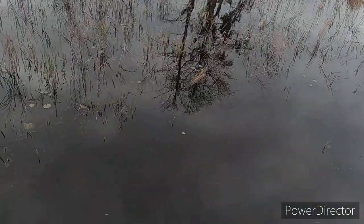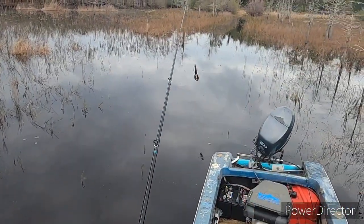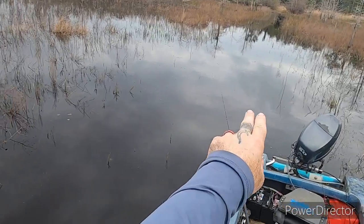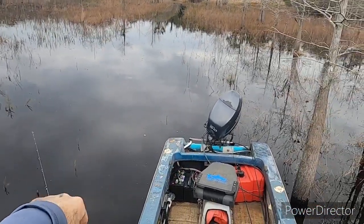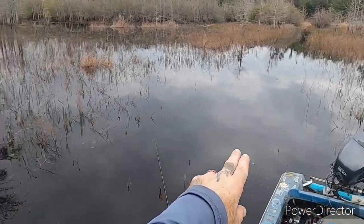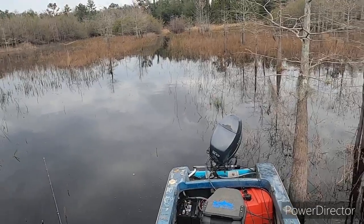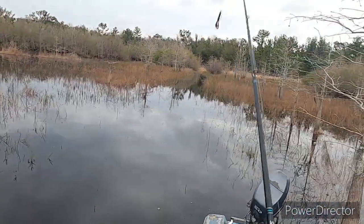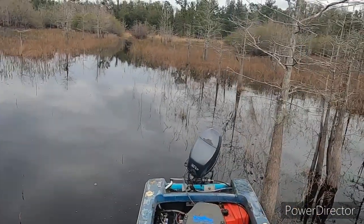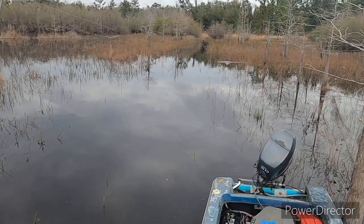All right. Well, if you look way behind us, there's a little ditch area, and a lot of times you see this and it looks like little roads. That's because when this water gets real low, you'll have people coming here with four-wheel drives, and they'll just drive out here in this shallow and mud bog and tear the hell out of it. That's why you'll see a lot of people putting up